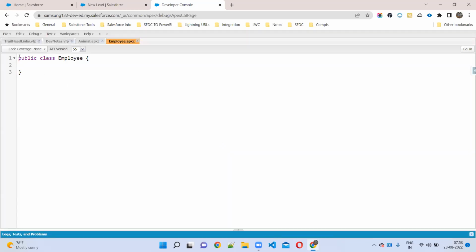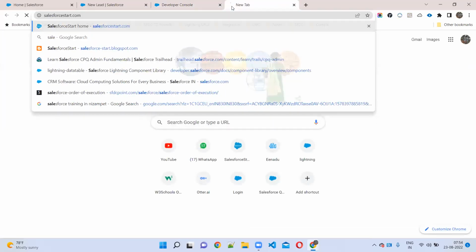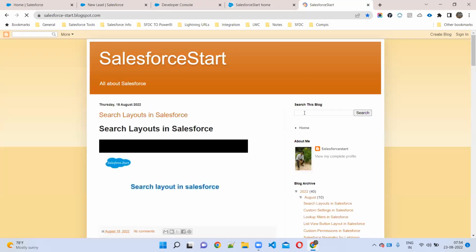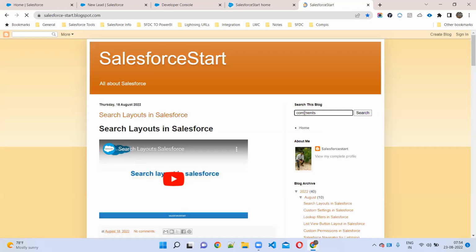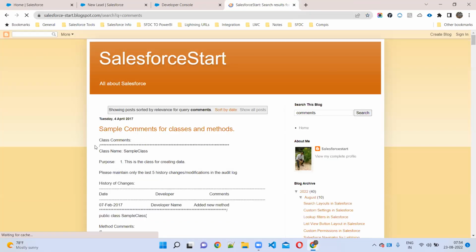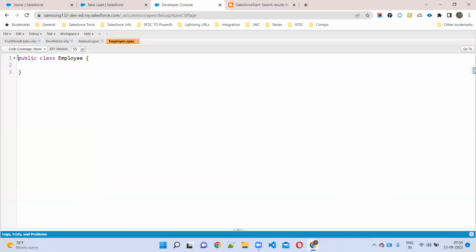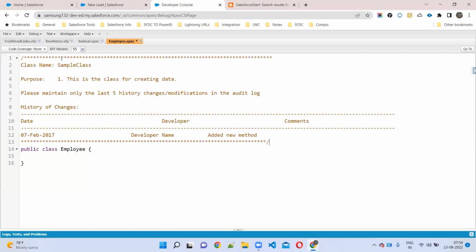How can we give comments here? Which comments do we have to use? Multi-line comment. Why do you have to give comments? To understand the code better. Class name: Employee. This is a class for creating employee data.